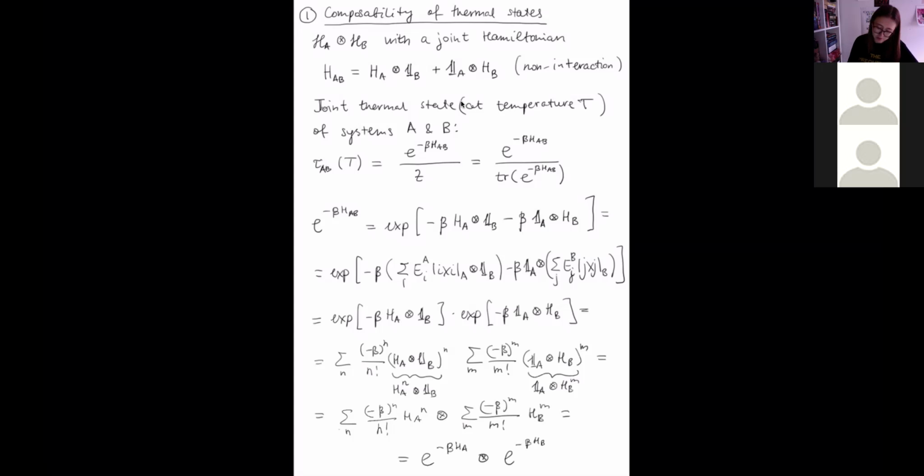So hence our conclusion is that tau AB of T is just e to the power minus beta H_A tensor product e to the power minus beta H_B over,